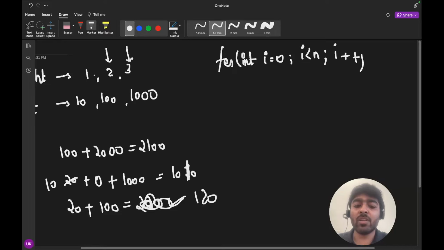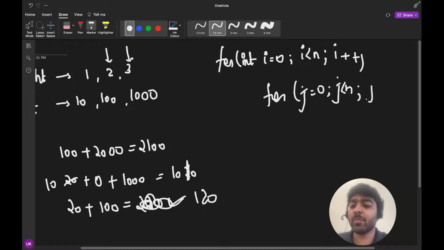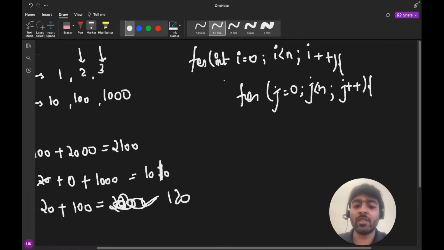And now I will again run a loop inside this, with j equal to 0, j less than n, j plus plus. What I will do, I will create a temporary variable, temp,